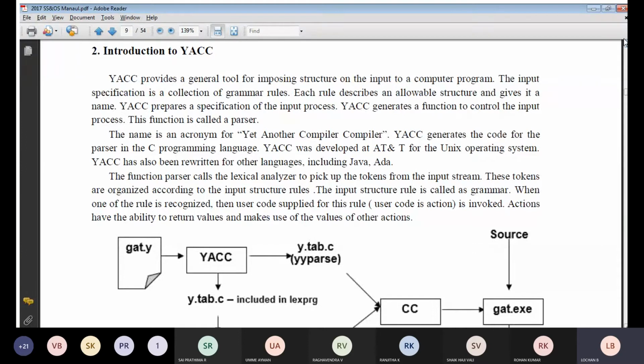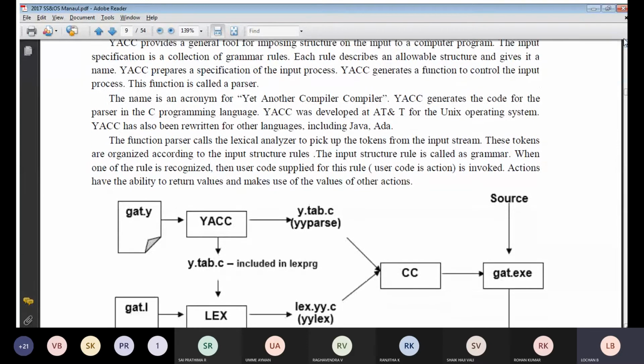So in this particular case, the token we are going to consider, we will be taking an input, and whatever input structures we take, we take in terms of grammars only. For example, many grammars you have come across, we have solved first and follow. In that first and follow, what is the grammar we have taken? E implies E plus T, like that. Whatever grammar you may take, generally we will be looking at it in terms of a syntax representation. This is the structure they have taken, get.y, that is nothing but we will be writing the program in terms of yacc.